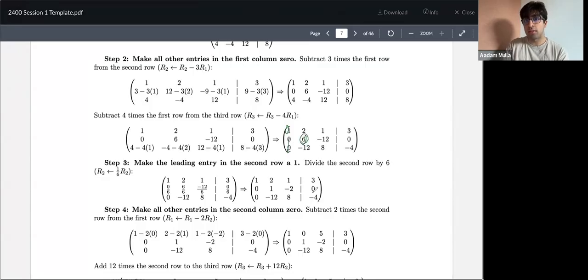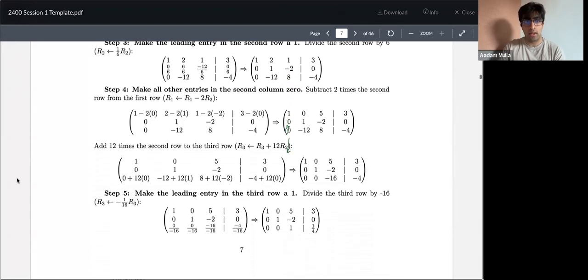The next thing we do is turn this guy into a 1. And that's simple. We just divide it by 6, right? So we divide by 6. Nice. Okay, looking good. We divide that whole row by 6. Now let's go down again. And now we need to make